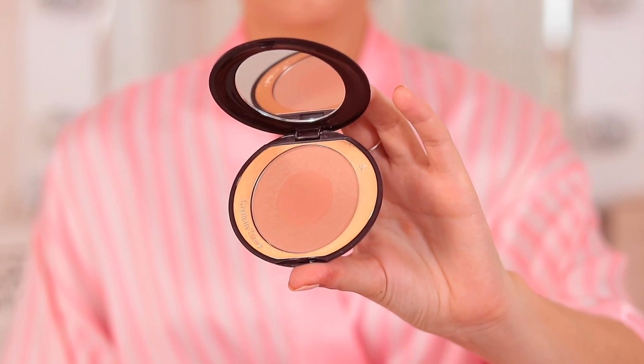And I've kind of fallen back in love with powder blush. I went for like 6 months, maybe more, using cream blush. And I just think I'm quite fickle. I get bored of things and then I want to try something new. But I'm back to powder for a while and I am obsessed with the Charlotte Tilbury Cheek to Chic Swish